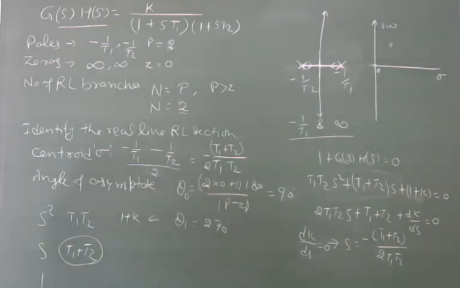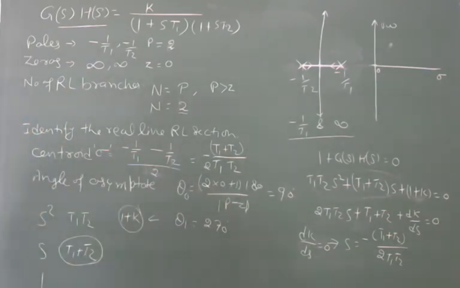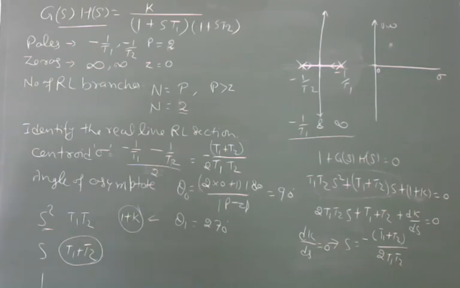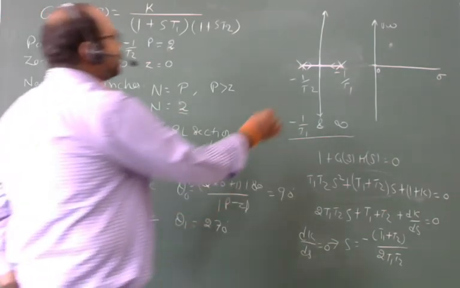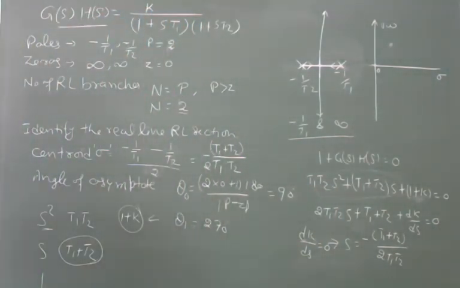And if I cannot find the value of k from here, then how can I put the value of k here? And then how can I find the value of s? How can I find the roots? It means this root locus will never intersect the imaginary axis, right? In the next class, in the next video, we will move forward to another examples, right? Thank you.